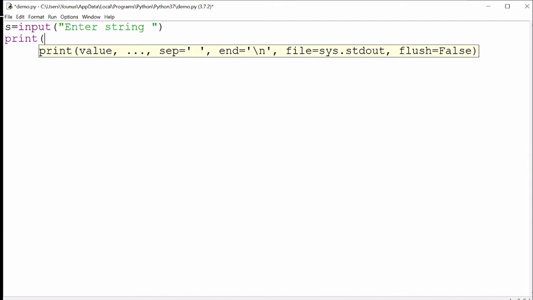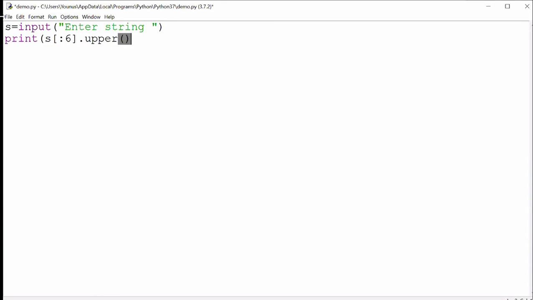Obul is 100% correct. I can use slicing, guys. I can extract the first five characters with slicing and convert them into uppercase. From the beginning you go up to the sixth character so that it is not included, convert that into uppercase, and from the fifth character till the end you print as it is.